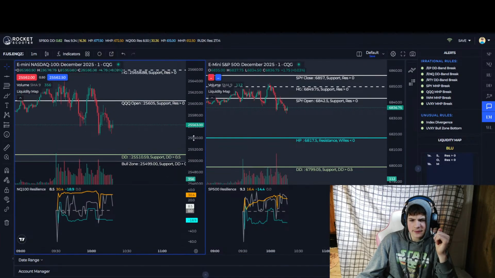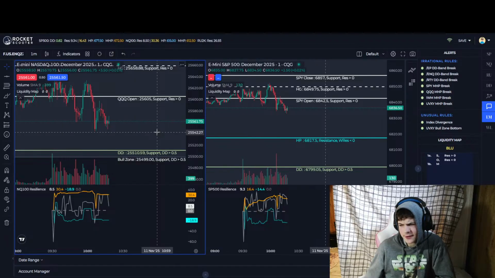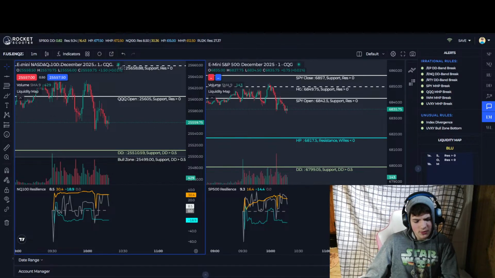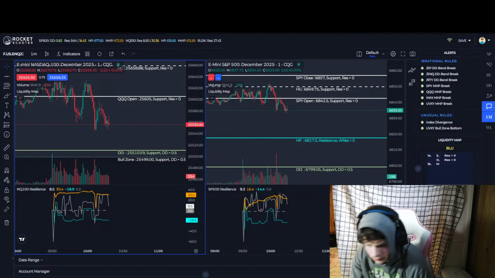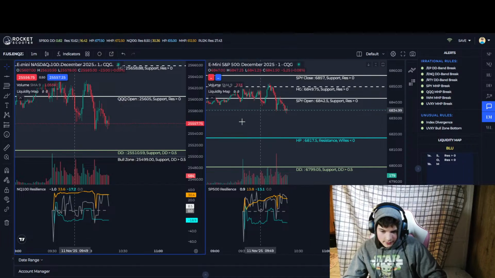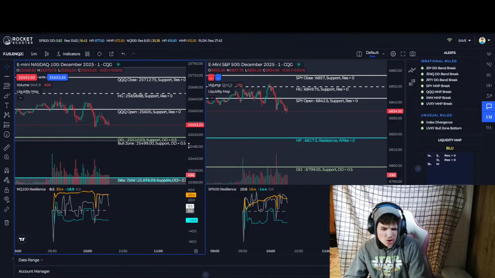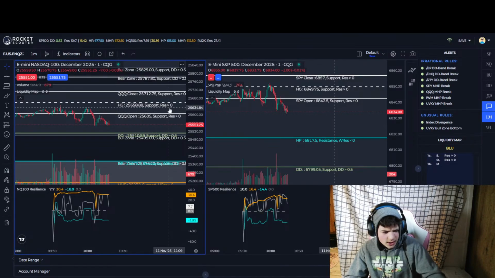It can bounce off DD band. That'd be good. What strategy was I using before Rocket Scooter? There was this other dude on YouTube. I forget what his name was, but I tried doing multiple strategies. The one major strategy I used to do is he's on YouTube. His name is Scarface Trades.